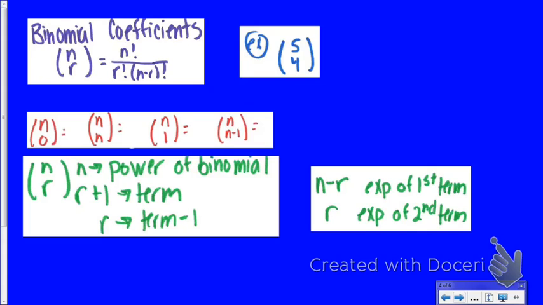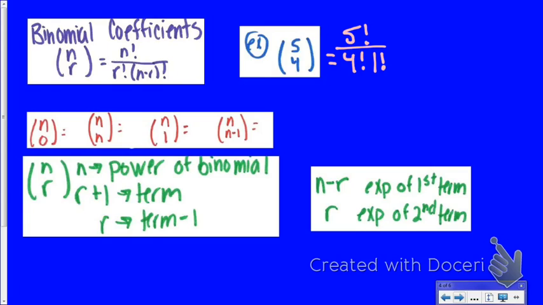So the first thing we're going to do is we're just going to use this formula once to see how it works and what it actually means. Then we'll see how it applies to what we just did. So if you look, your examples using this formula, you'll have something in parentheses like this 5 and 4, and then we'll use that formula that we were given. So if I take this 5 and this 4, this would plug into my formula as the top number with an exclamation point divided by the bottom number with an exclamation point,